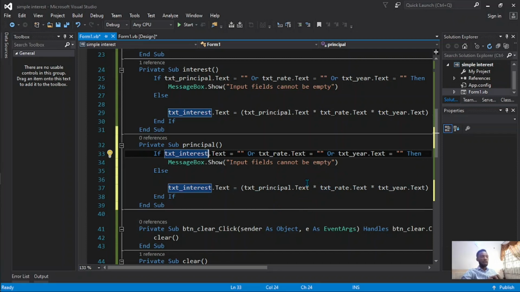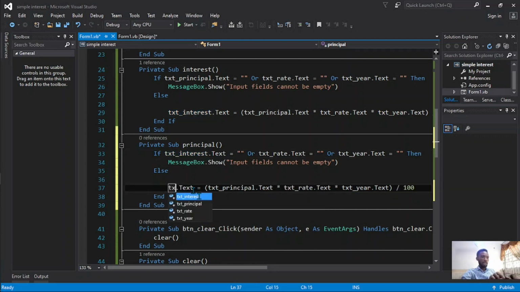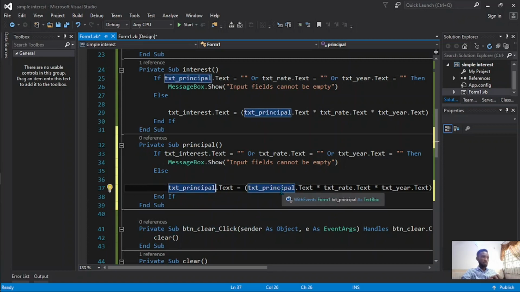But if you are familiar with mathematics and with change of subject formula, you realize that the formula is going to change to SI, that's your interest, multiplied by 100, divided by your rate times time. That's just a simple change of subject formula. So here is going to change from the interest to txt underscore principal.text. Now this will be equal to,